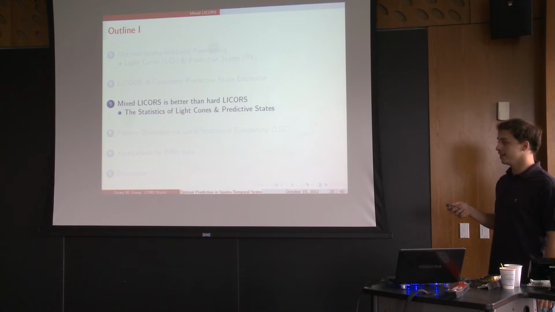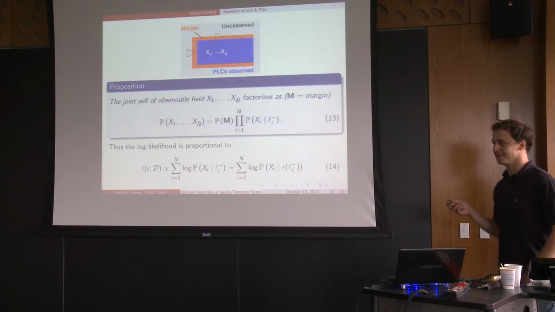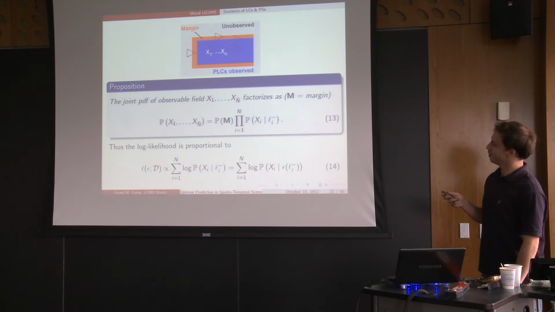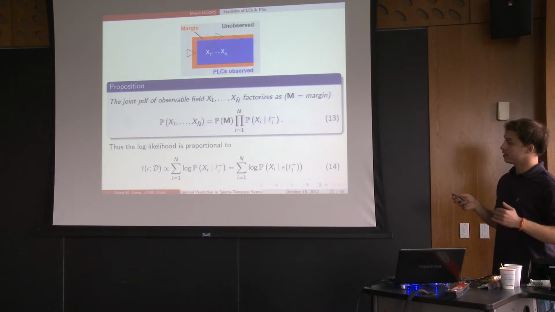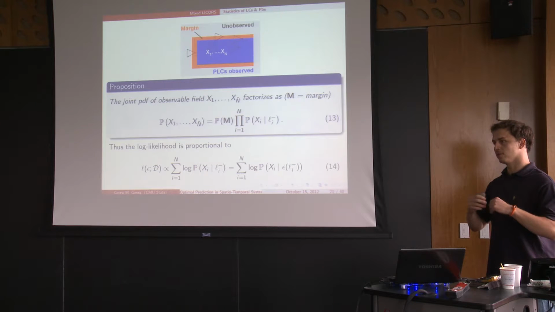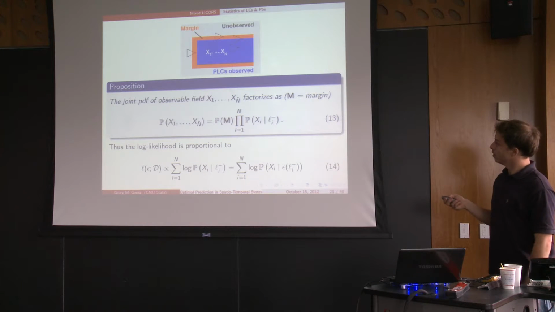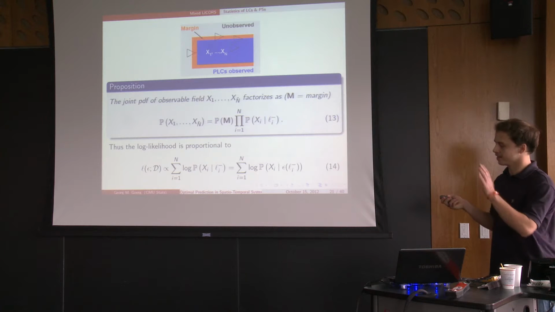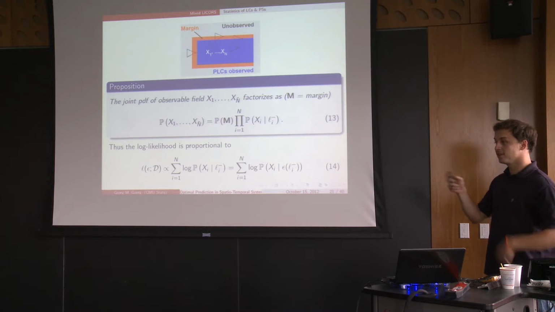That's mixed liquors. And now I'll talk a little bit more about statistics, because so far there was not a lot of statistics involved. I always talked about forecasting, predictive distributions, but actually when we're doing inference, we would like to have a model for the joint probability of the whole process. So you can show that the joint probability of the whole process, and I used n tilde just to be consistent. N tilde are all observations, and you can show, similar to a Markov process, that you can factorize,